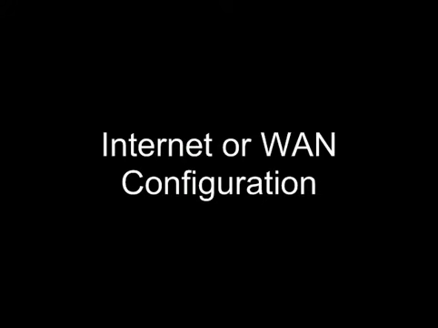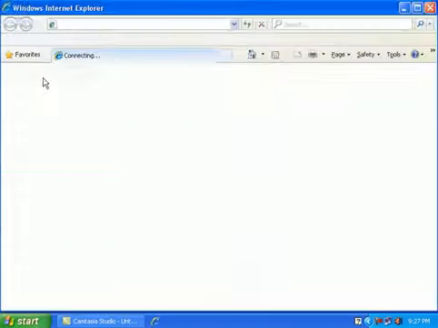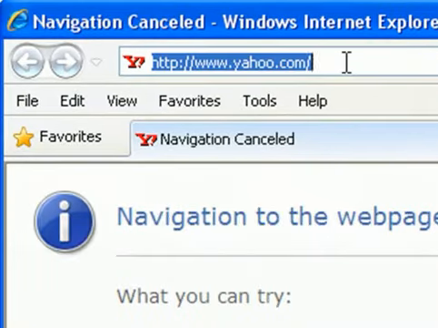This is BR6314K, the upgrade model of 6214K, and configuring the WAN or the internet side. Open a browser, go to